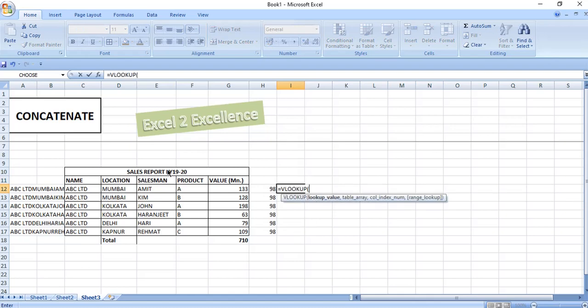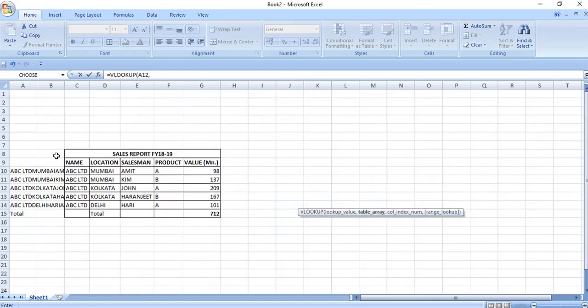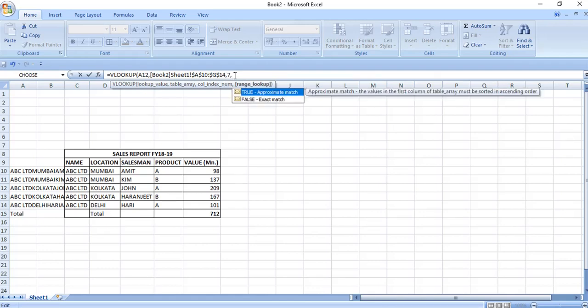So right here VLOOKUP, the lookup value is the concatenated output. I have selected the source data. Values are in the 7th column, so I will choose 7 and press 0.